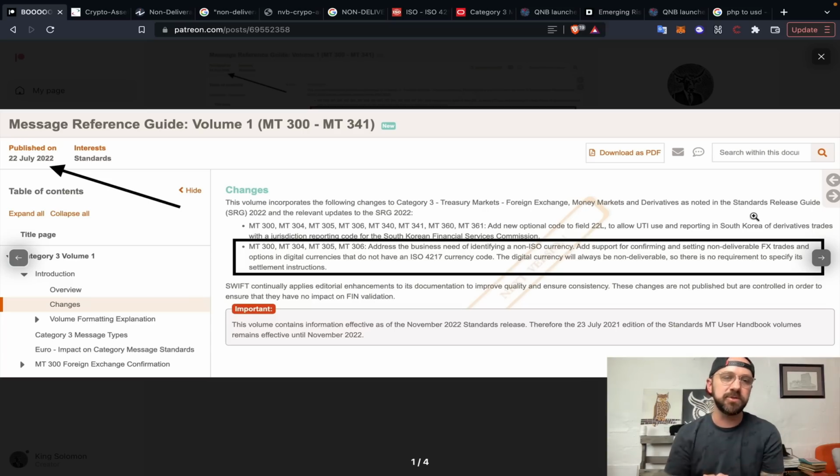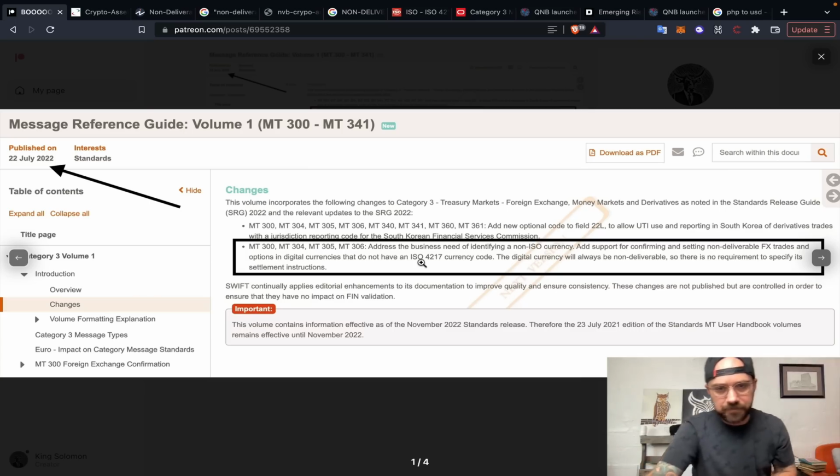So this just came out on July 22nd. This is MT 300, 304, 305, and 306, which are essentially like messaging acronyms through Swift. This is category 3, so treasury markets, foreign exchange, money markets, and derivatives. This is dealing very much so in foreign exchange, but let's pay attention to this, and this is just very